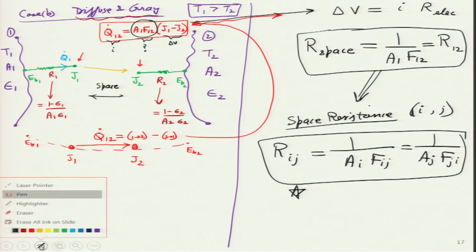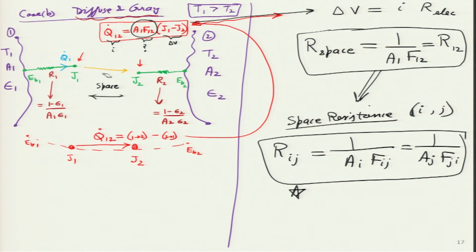Now, can I go back to this particular diagram, maybe make it a little bit neat, because I have made a lot of markings over here, and then finish this particular diagram, which means what we are connecting are 3 resistances in series. The first and last one we have already shown, R1 over here, R2 over here. The middle one I have to show over here, which is R12, and that value for R12 is given over here. This is the R12 value. Let me also show the current which is flowing through this. Now, it will be continuous, because whatever current is flowing through first will, it is just like in electrical resistance over here.